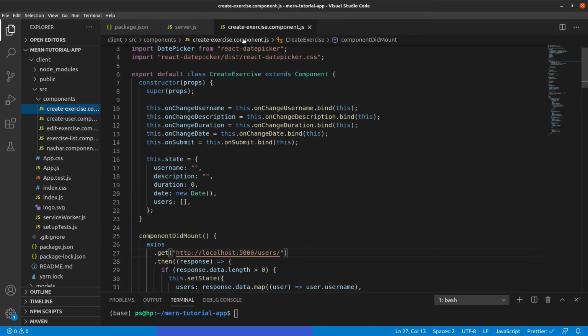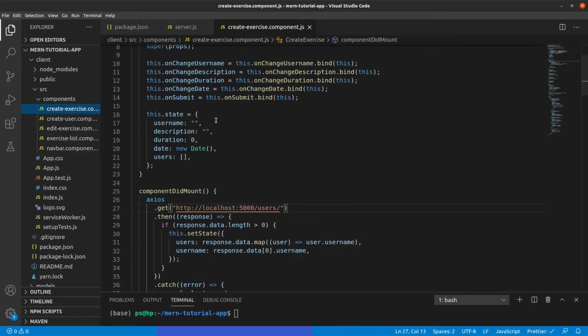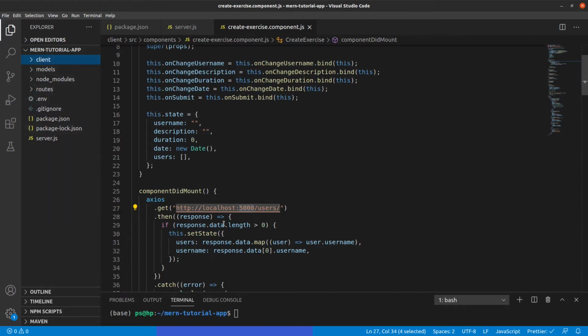Okay, so as you can see, the Axios network call from our front end to the server is using some hard-coded port. In a Heroku deployment, the port would not really be under our control. So for that, we will set a proxy. Basically there won't be any hard coding, and it will just connect to the server application without using any port, or rather it will connect on the same host. Okay, so let's make the changes.